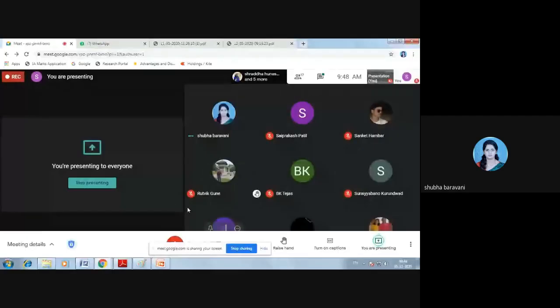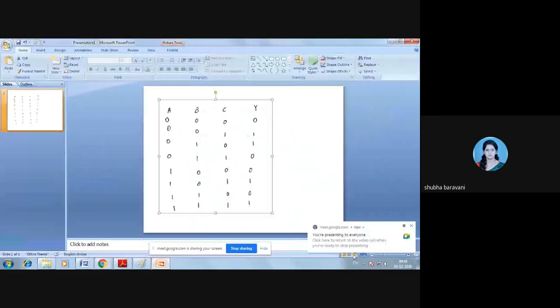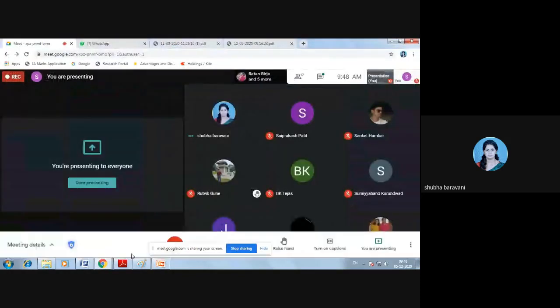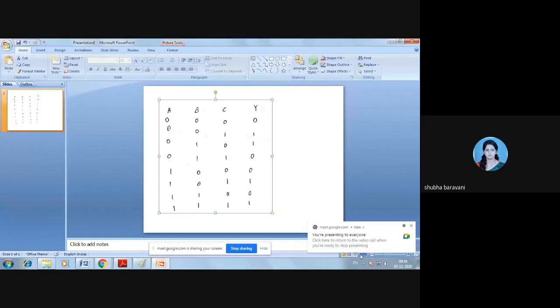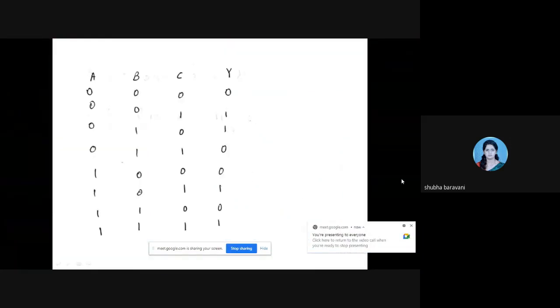You all have taken down the truth table? Have you all taken down the truth table?